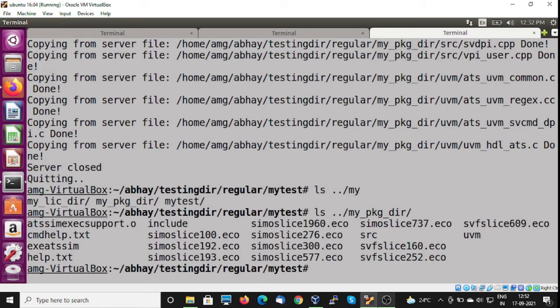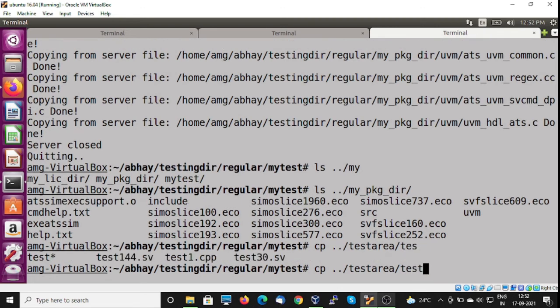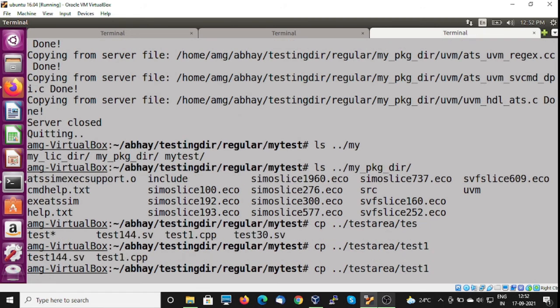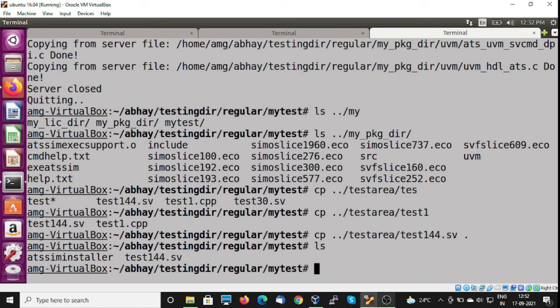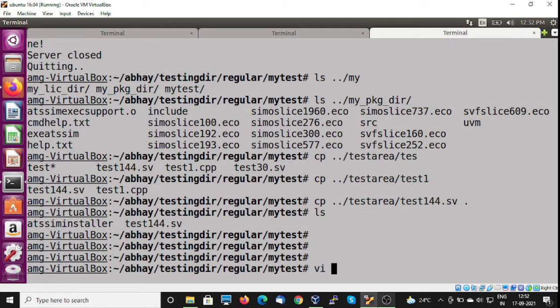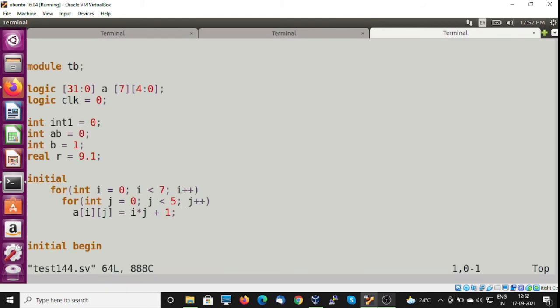Now we shall try to run a sample test case. I will copy one sample test case. Let us see what is there in this test case. So this is a simple module DB.